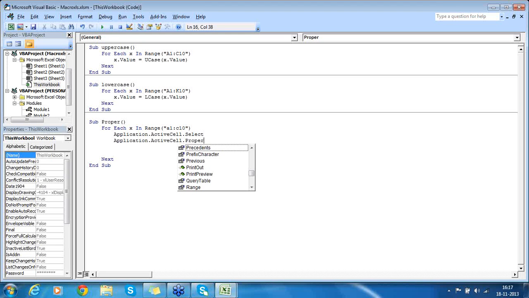I'm not sure whether it will work over here. No. ActiveCell Range is nothing but x equals,